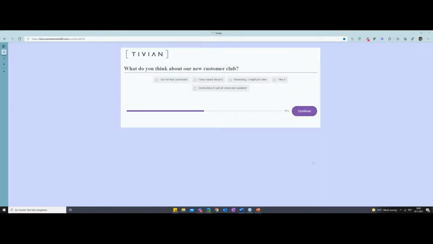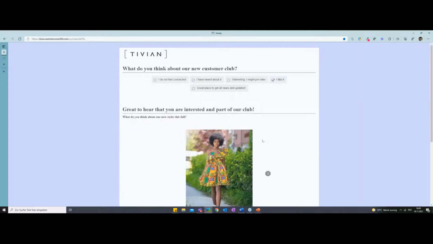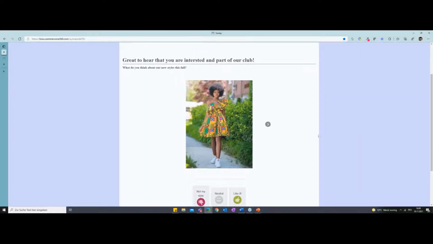Perfect. Thank you, Jay. Let me quickly change to the browser so that I can show you the improvements live. Okay, so we have here a simple survey with just one question on the screen, something about the customer club. Could be, of course, anything with a little bit of negative and positive scaled answers. And here we see the dynamic hide and show feature on one page. If I select the negative answers, I see no changes. I could just continue. If I say, hey, I like this new customer club, for example, I see an additional